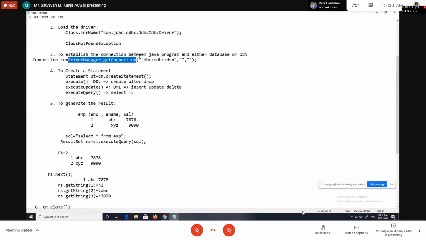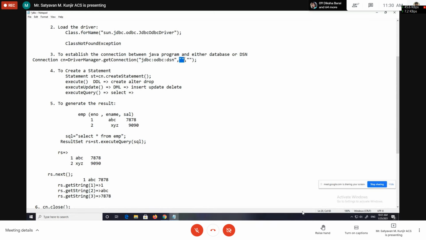As we know, if you want to call any static method, then we have to use its class name. So I've used DriverManager.getConnection. And to the getConnection method, we have to pass three parameters. The first one is the driver name with DSN.